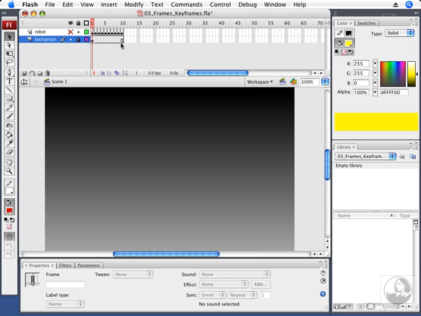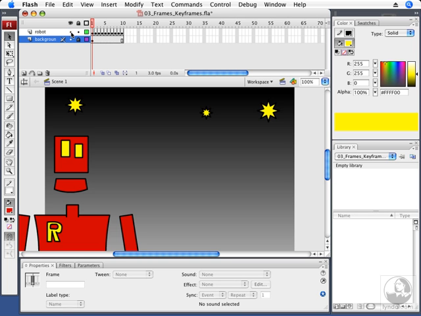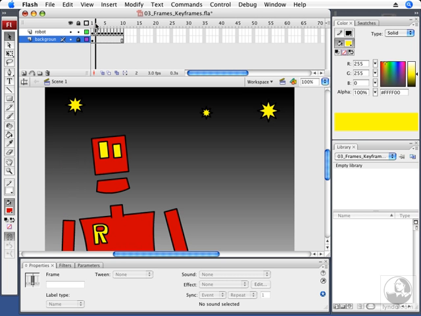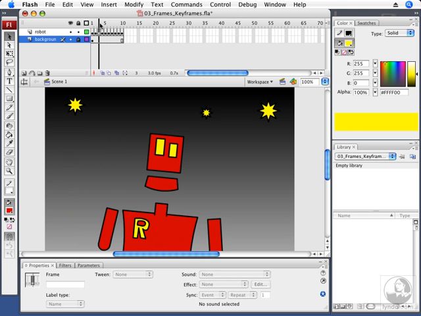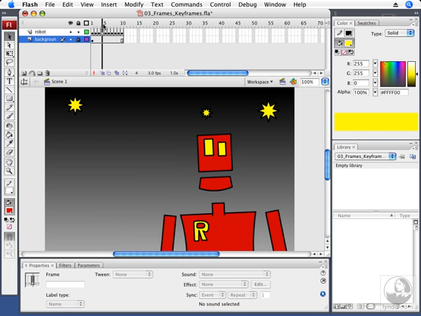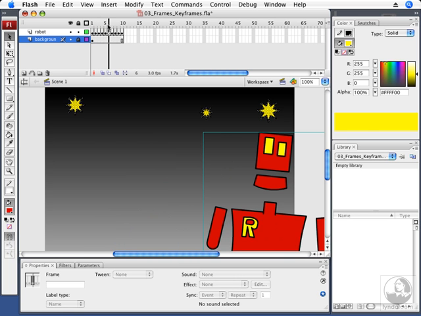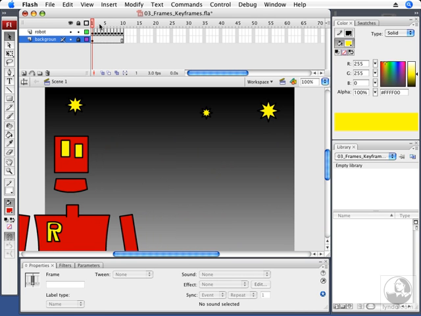Now what I'm going to do is show the robot layer by clicking the red X in the robot layer. Then I'm going to click and drag the playhead to preview the animation, one frame at a time. Notice that on each frame, the art changes. The robot moves. So as I go to frame 3, the robot moves. Frame 4, the robot moves. 5, and so on. So by using keyframes, you specify exactly what the art will look like at a specific